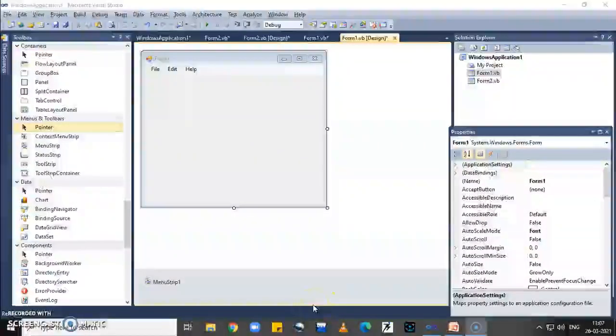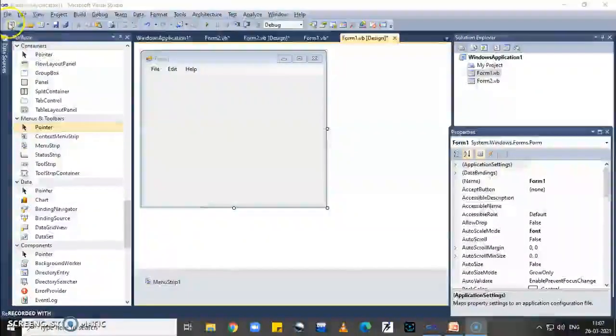Now first we assign an access key. Access key is a combination of Alt key and other keys. It allows user to select menu item from the keyboard using Alt key. So here in Windows Applications IDE, here file, edit, view, project, build, debug, team, data means various menu is display.